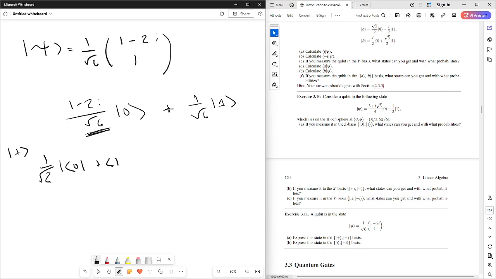So if we want to measure psi in terms of plus, we know the probability of getting plus is